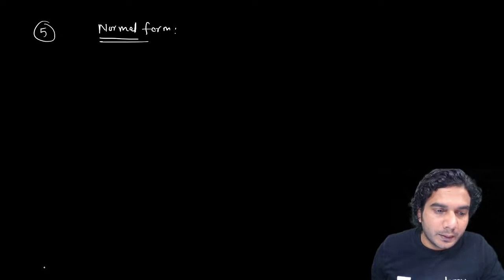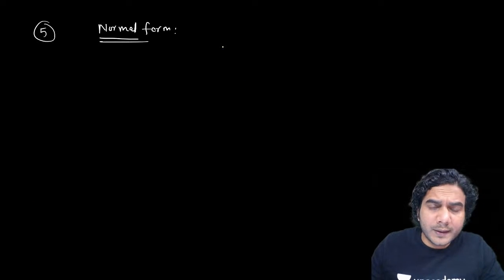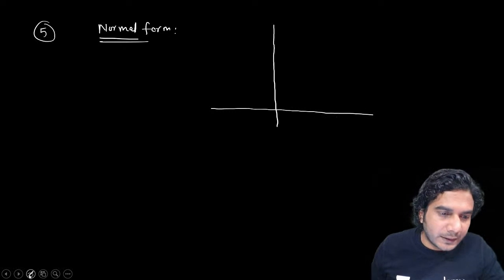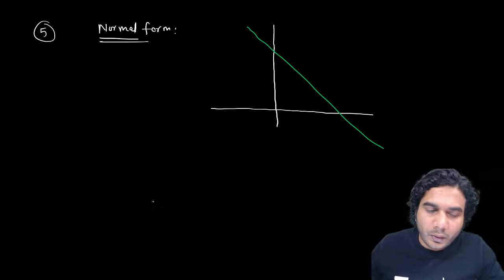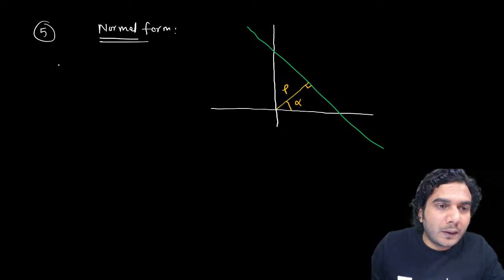All right, good. Now the fifth form we are doing is the normal form. Sometimes we use this also, less used but important. So what is normal form? Normal form is basically when the perpendicular distance of the line from the origin is given, that is called the normal of a line. So if this is a line and you drop a perpendicular on this line from the origin, this perpendicular is called the normal. Okay, and the normal is making an angle alpha with